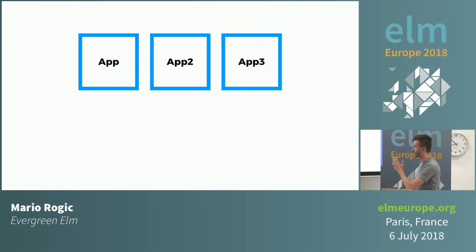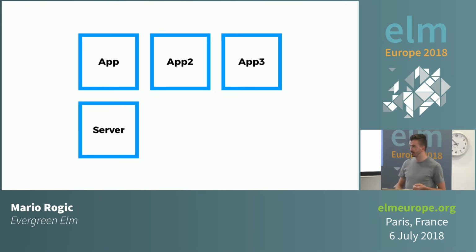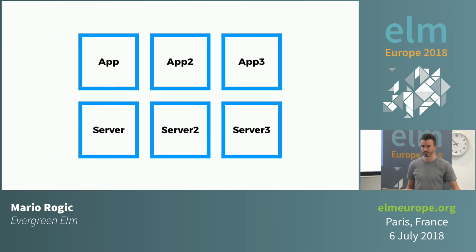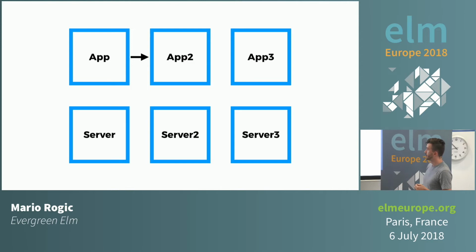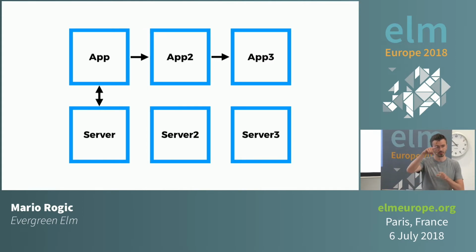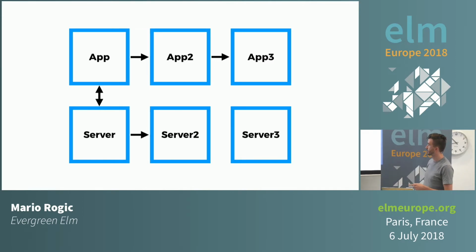However, then you make changes, and there's a new version of your app, and there's another new version of your app. And at the same time, perhaps you're dealing with a server, and there's the same picture there. That server might have another new version, and if we expand this out a little bit and we think about those transitions, initially there might be a transition from the first version of your app to the second version of your app, but then that might also happen with the third, and then you've got a consideration, well, if your app is talking with a server, that could happen, but those deployments might not be synchronized, so maybe you deploy a server, and that's at different times to the app.